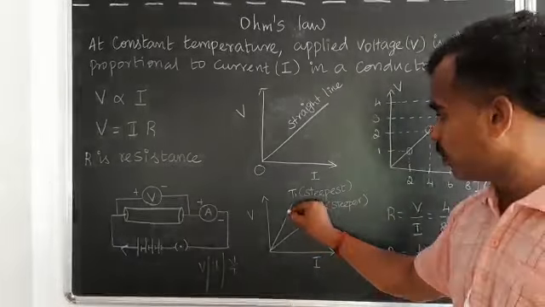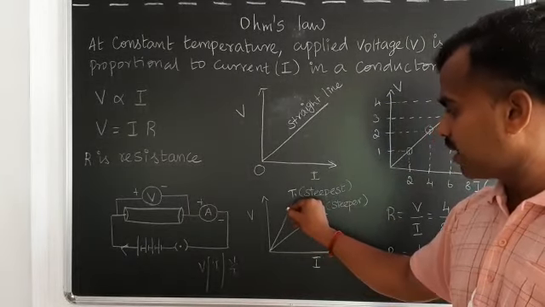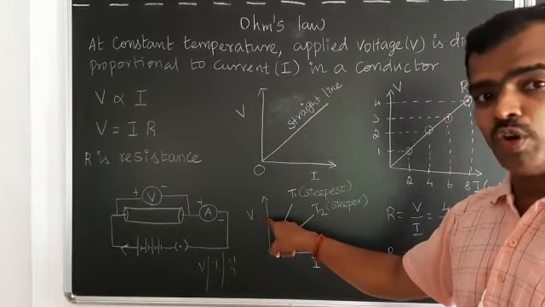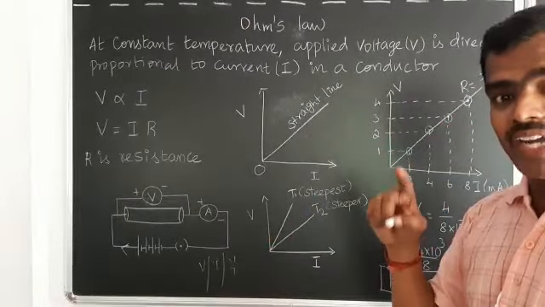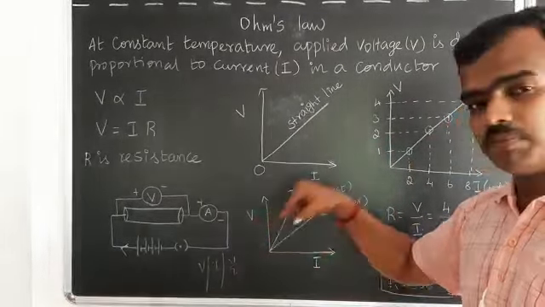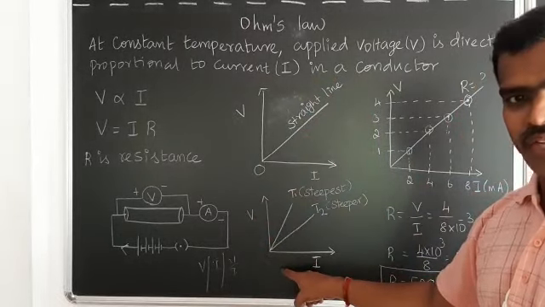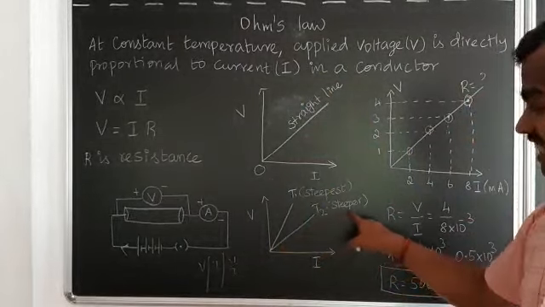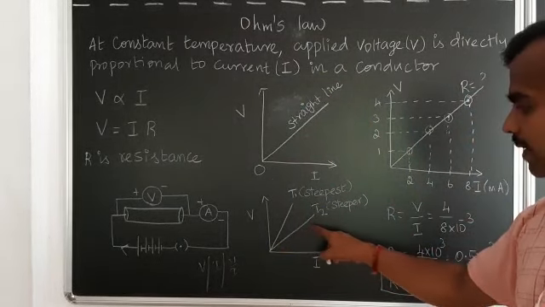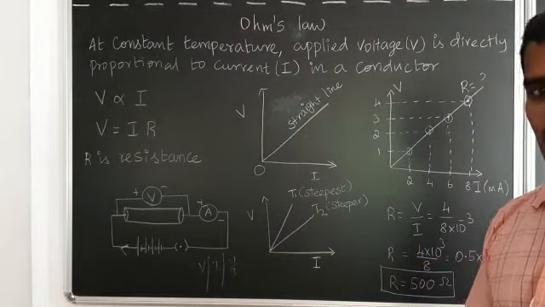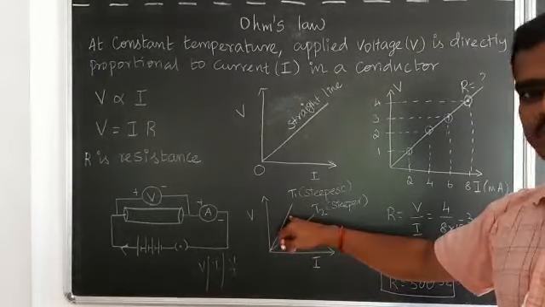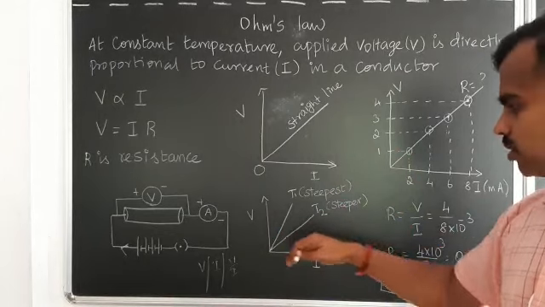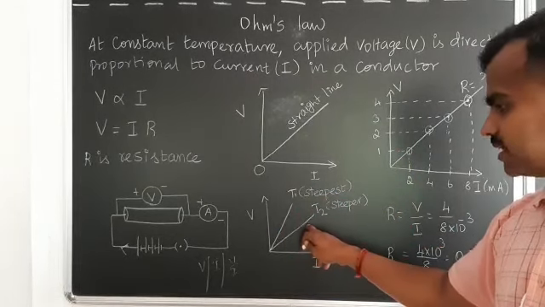If you take this point and calculate, it gives a smaller I value but a larger V value. We know that R is equal to V by I. So V is maximum and I is minimum, which gives a higher resistance value. When you compare, this one is steeper, not steepest, and it gives somewhat lesser resistance than the other straight line, because the temperature is reduced, so the resistance value decreases.